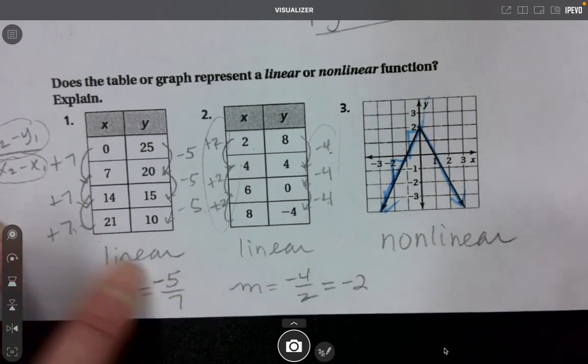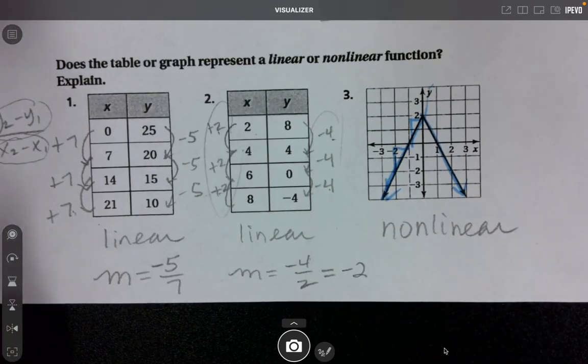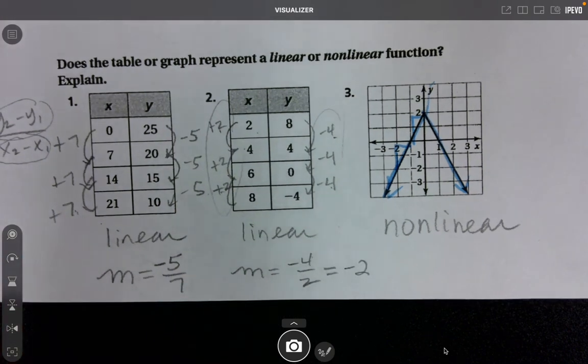So hopefully this makes clear what nonlinear and linear equations are. Your homework is probably going to have a bunch of review on it as well. If you have any questions,